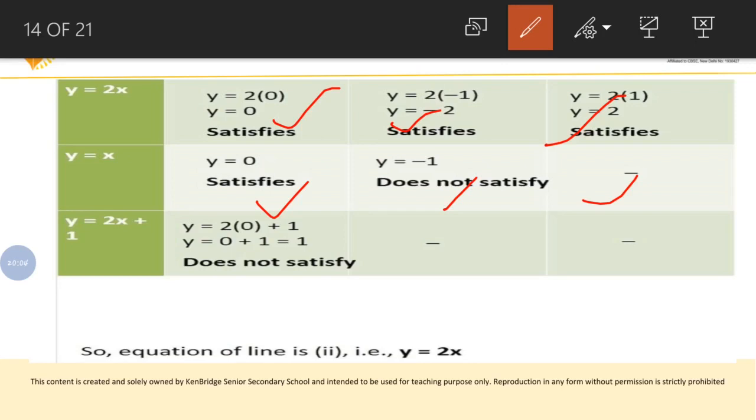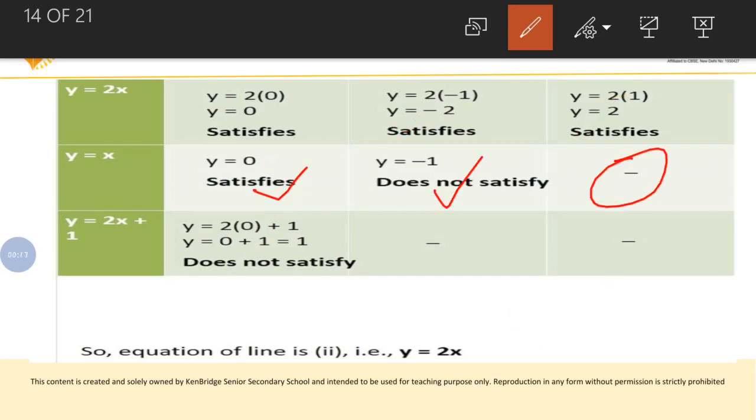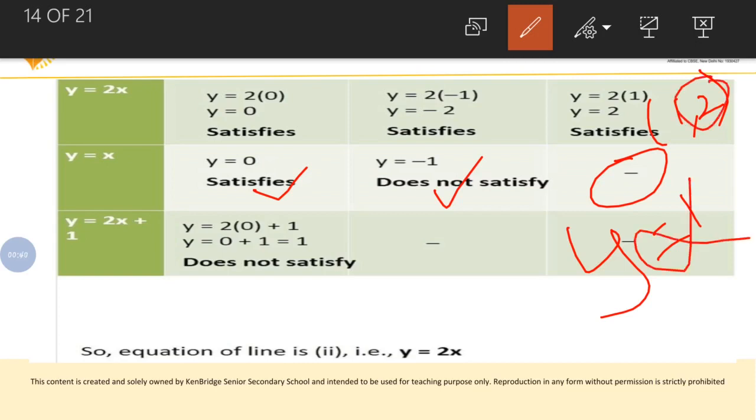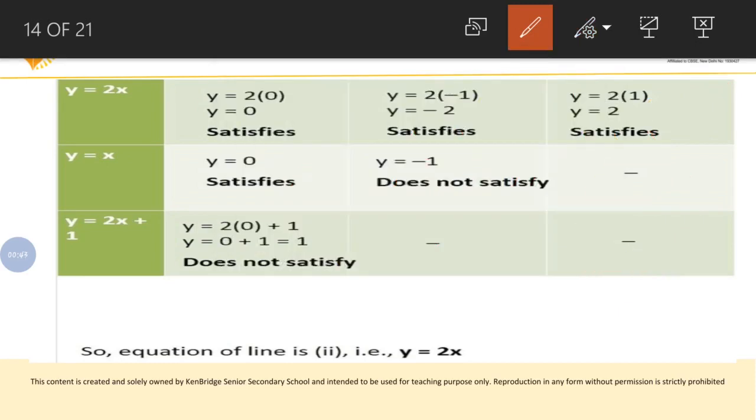Here we didn't have any values, no? Why? Because if it is y is equal to x, for this column, the point which we have used is (1, 2). So let's apply this (1, 2) in y is equal to x. Let's take x is equal to 1. So y equals 1. The x value is 1, that we have substituted, so we got the y value, that is 1. But actually we should get 2. So this is also not satisfied. Because of that I have used a dash. Instead of writing not satisfied, I have used a dash. So dash also represents not satisfied.